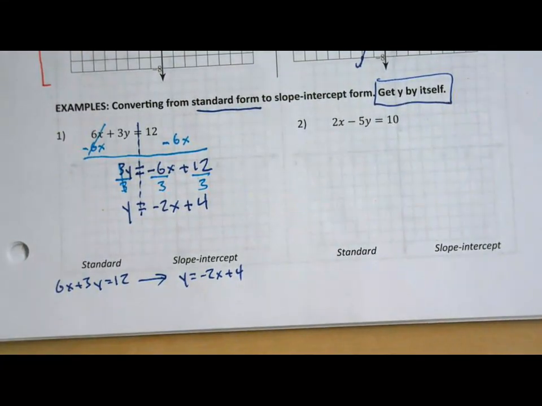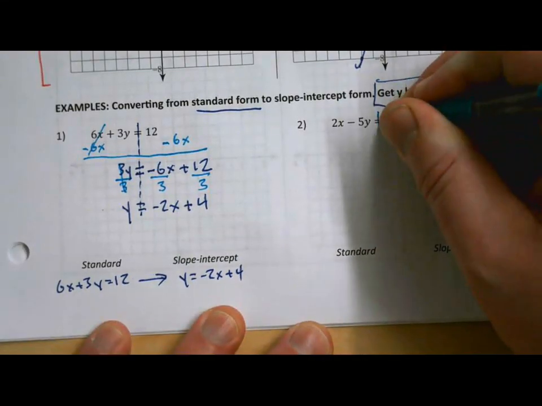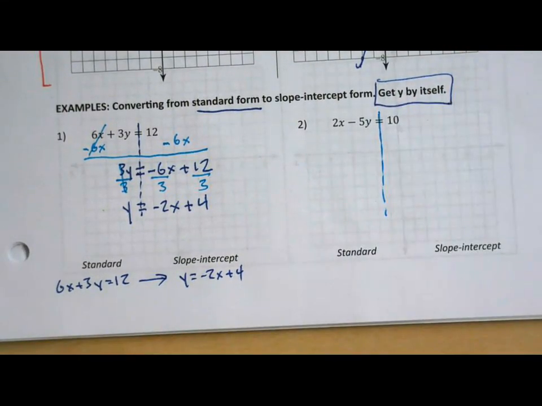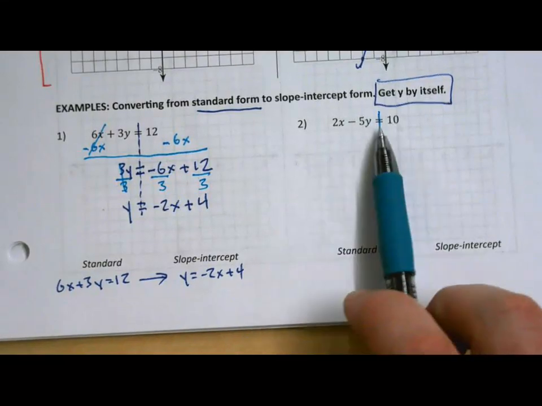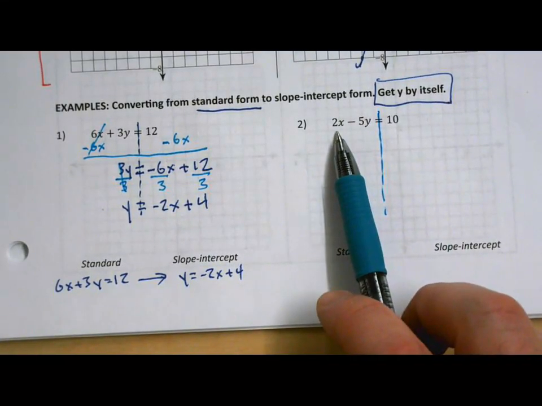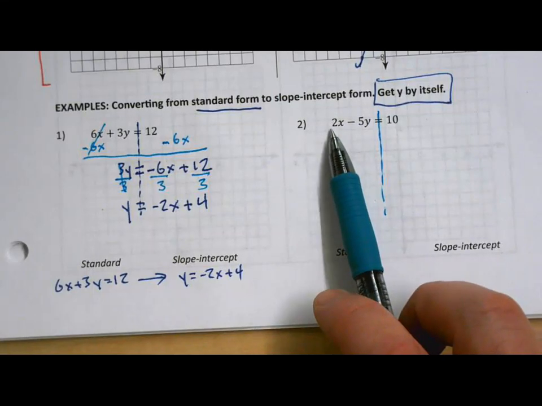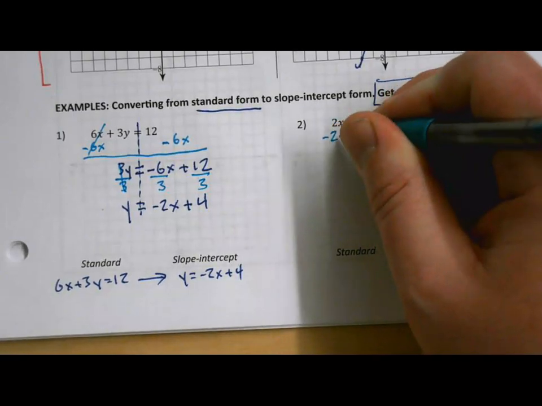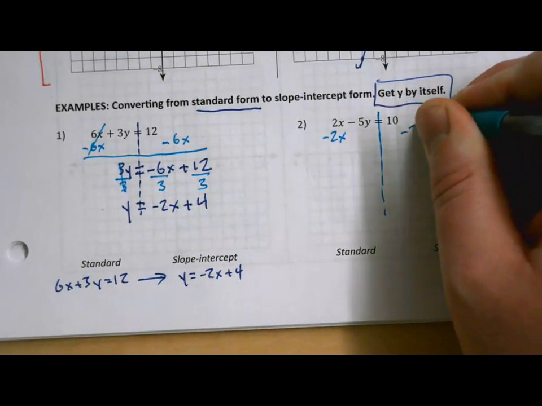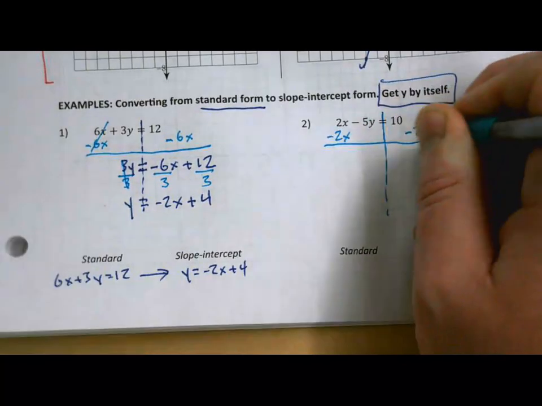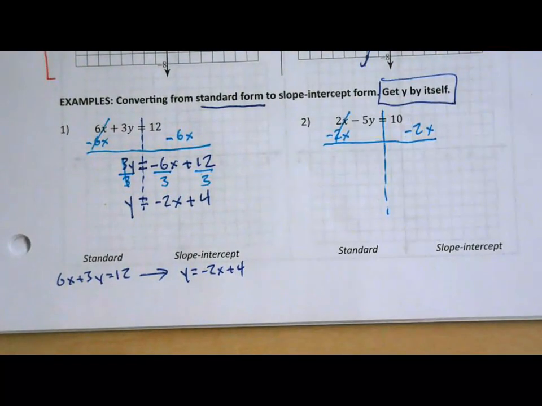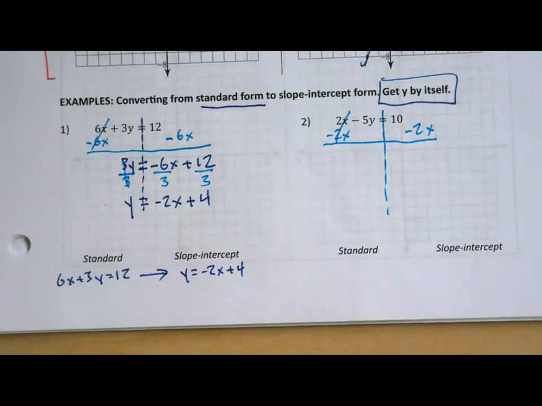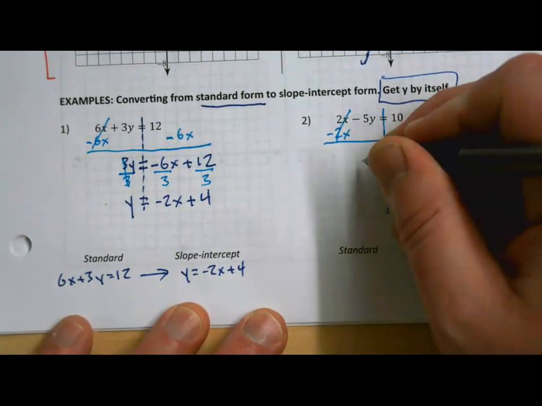Getting y by itself. So just like before, let's focus on the side with the y and see what we can get rid of. Usually we want to get rid of the x's first. We got a 2x over here. How can I make a positive 2x go away? Well, minus 2x on both sides. We've still got a negative 5y